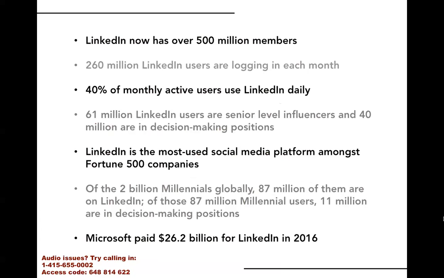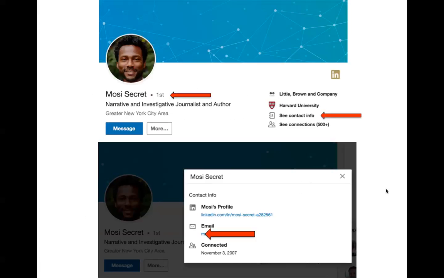The way that I explain it to my students is LinkedIn is like Facebook for professionals. So on Facebook, the people that you're directly connected with, they're called your friends. So if someone is your friend and they're directly connected to you, they have access to your full profile and all of your contact information. So on LinkedIn, this is called a first-degree contact. So you see that Mosi here is a first degree. So he would be like a friend of mine on Facebook.